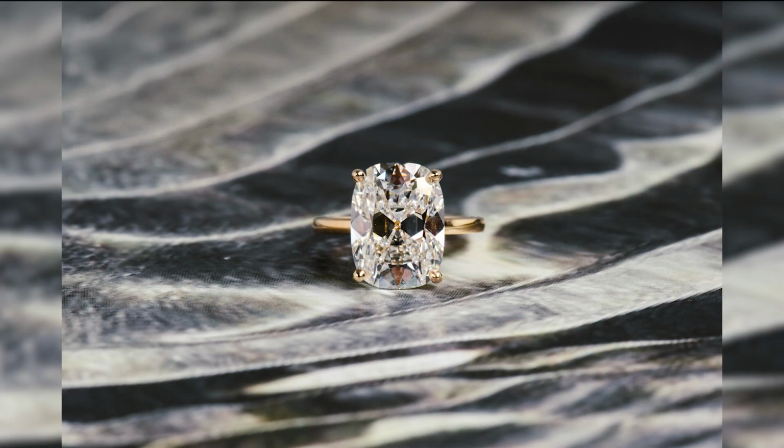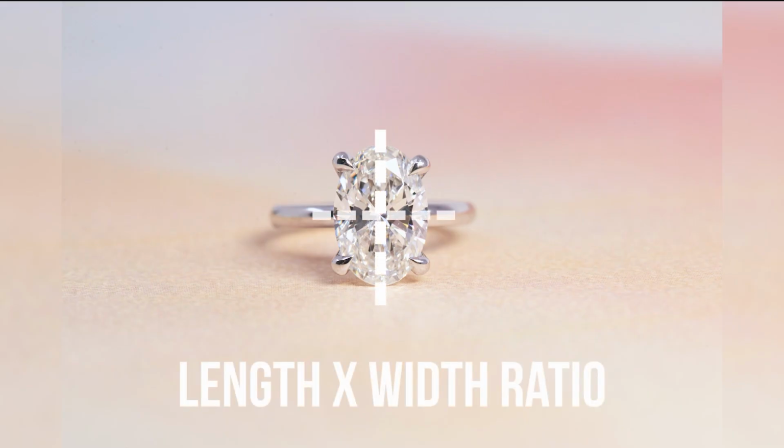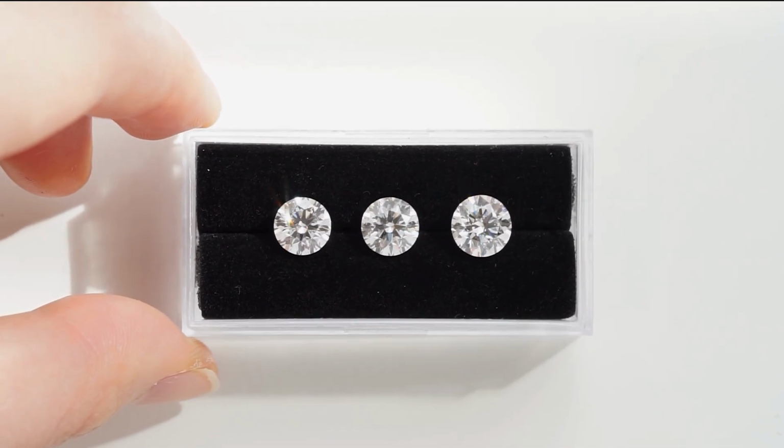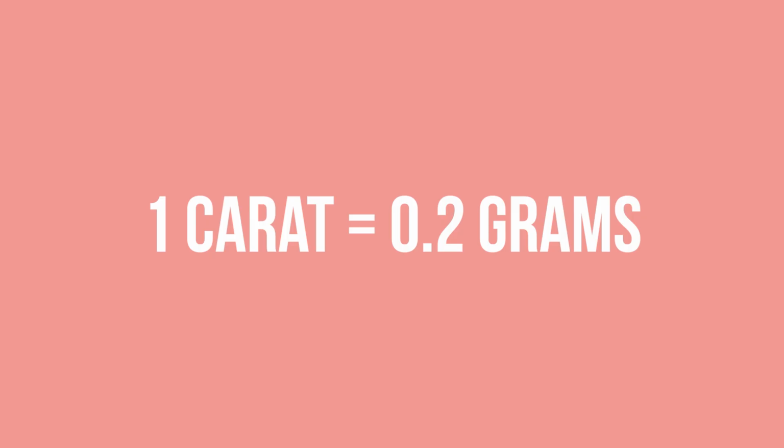Okay, a 3 carat versus a 7 carat is like 2 totally different weight classes. It's 2 totally different categories. I always instruct my clients, we want to focus on the length to width. We want to focus on the circumference if it's a round. We want to focus on the millimeter size, not the carat weight. The carat weight just tells us how much the diamond weighs, but there is still some size reference point between carat weight and size. For example, a 3 carat is still going to be smaller than a 7 carat,